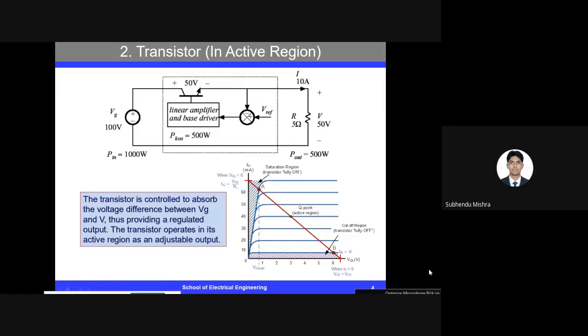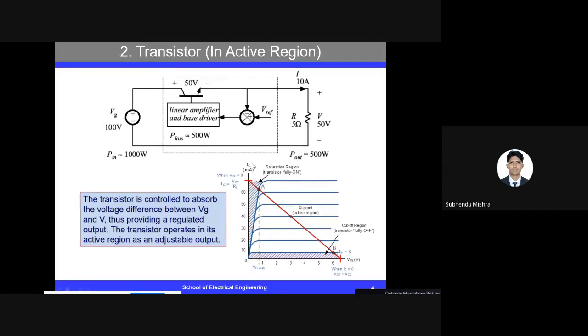In the x-axis we have the collector emitter voltage, and in the y-axis we have the collector current, and this is the output characteristic. All of these blue lines that you are seeing are for different values of the base current. If the base current is 0, it means that we are in the cutoff region. Now if we slowly increase the base current, we will achieve different values of IC.